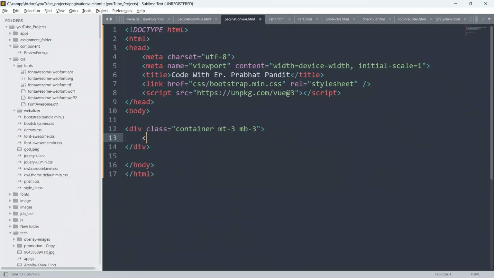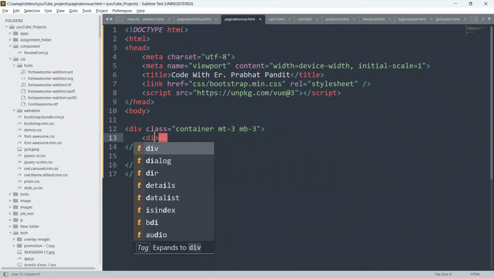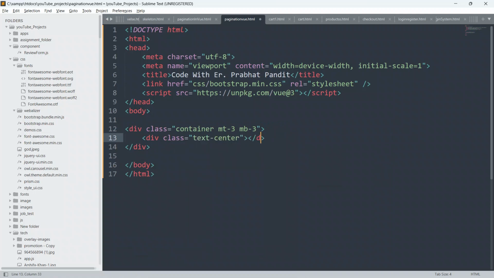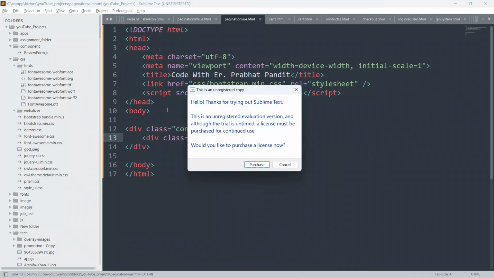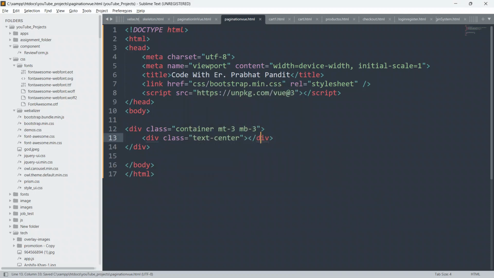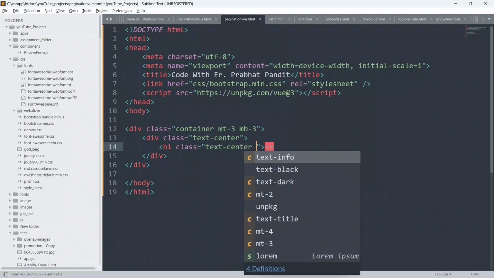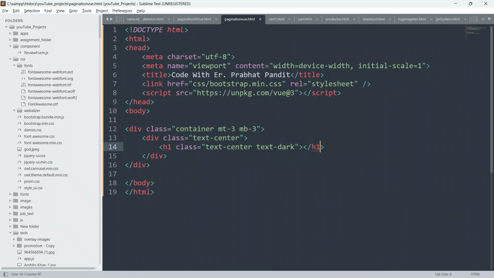Inside this div I am going to create another div with the class text-center, and close it. Inside this div I am going to create an h1 element with the classes text-center and text-dark, and close this h1.